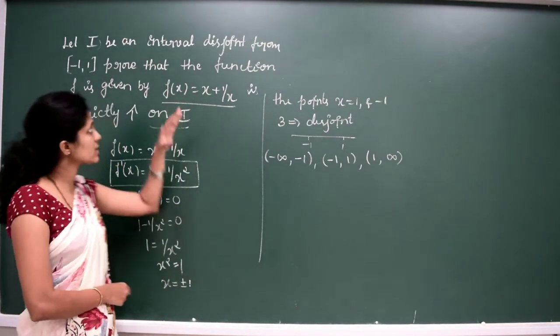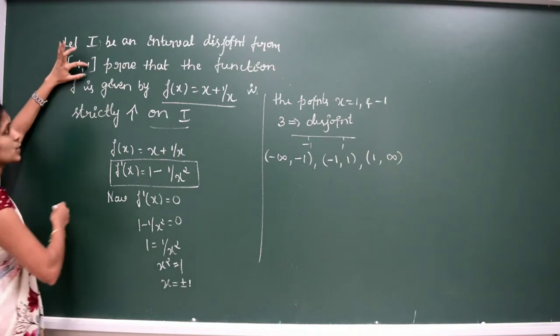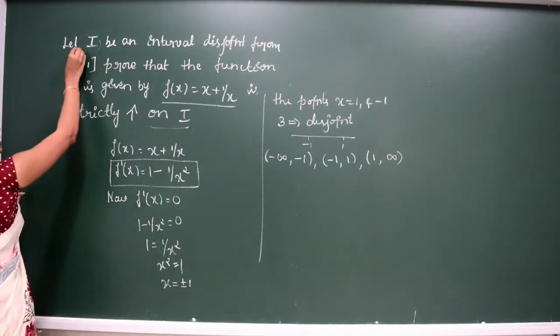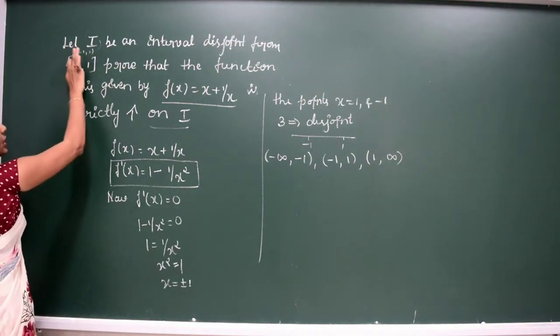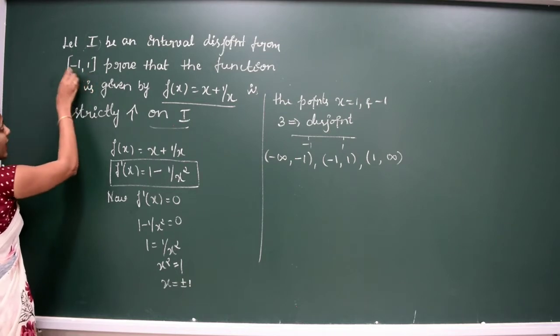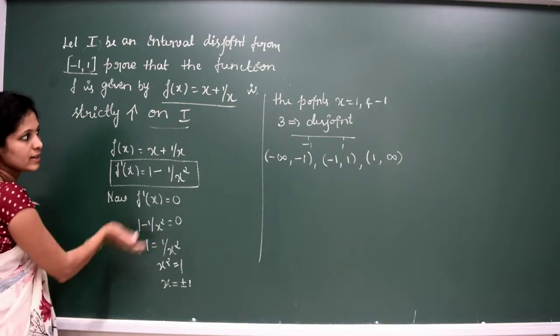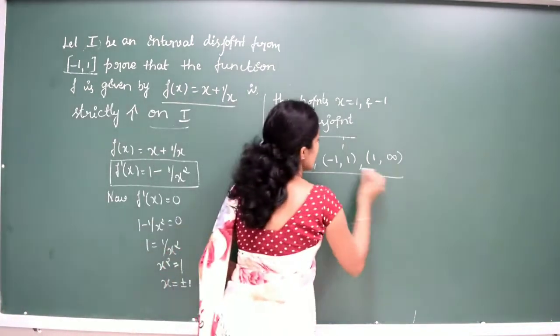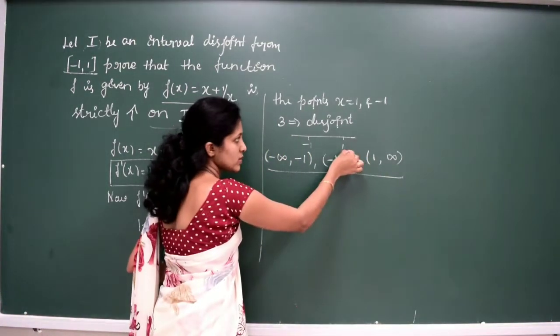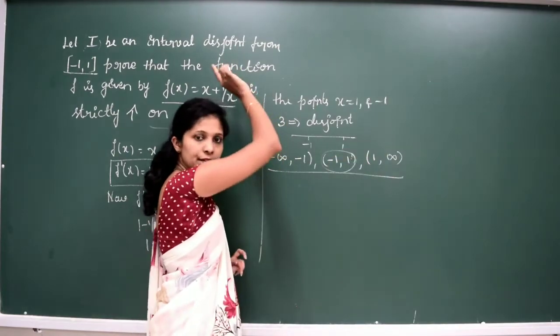In the old textbook, it was only minus 1 to 1 there. So this is not the closed interval, this was like this. But in your new textbook, this is given like this. But at this point, the function will be constant. Remember that, okay? I will check with this one. First, I will consider this value because this does not belong to the interval I.